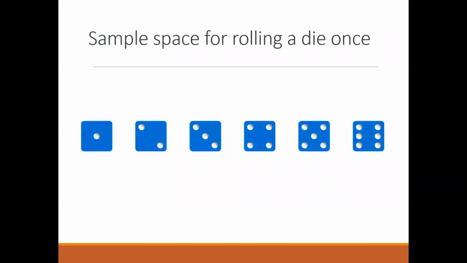Now, this is an example of a rolling die. How many possible outcomes are there in a die? Total 6 outcomes, right? Either I am going to get 1, 2, 3, 4, 5 or 6 when I roll a die. But if I change this to 2 dice, the number of outcomes will be 6 into 6, that is 36. Yes, simple.